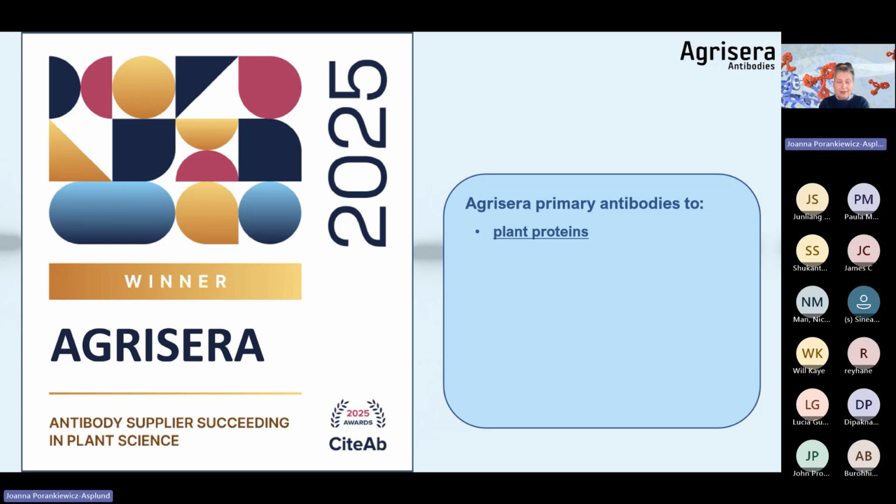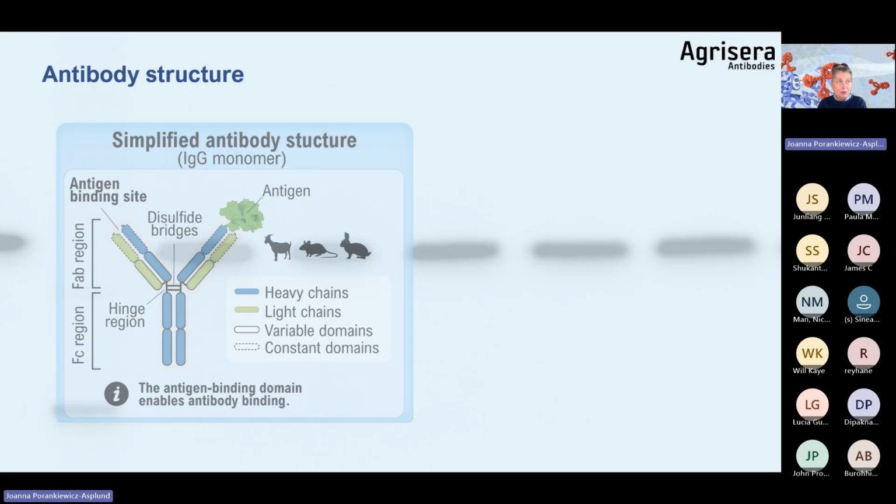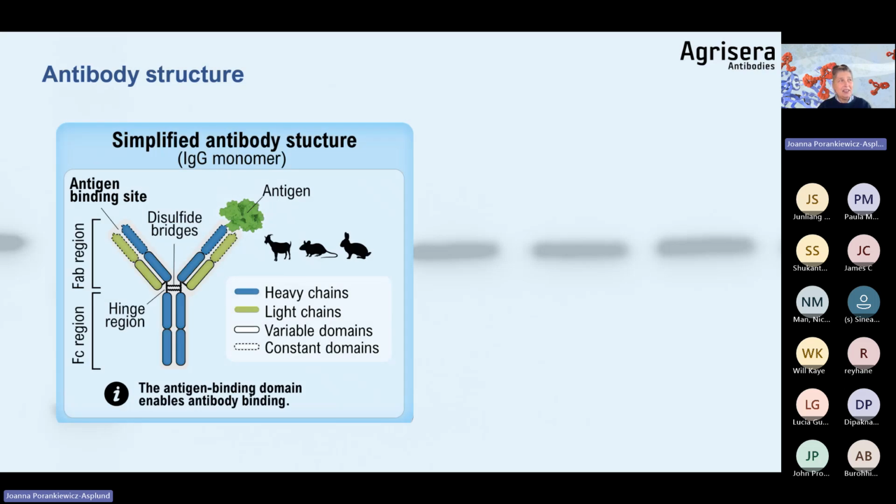We produce antibodies to plant proteins, but not only that, we also do antibodies for hormones. We have quite a vast collection of epitope tag antibodies, including Turbo ID, and antibodies to GFP and HIS, the most common ones, but also antibodies to very unusual epitope tags, and high titer secondaries. We are cited in over 10,000 publications. We are very proud of it. But now we are jumping into the